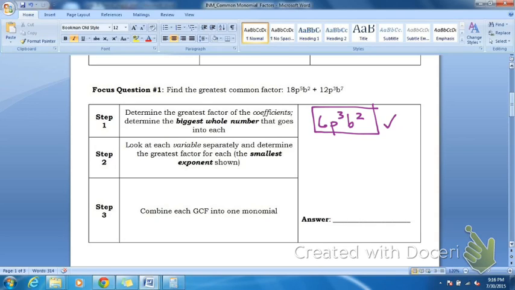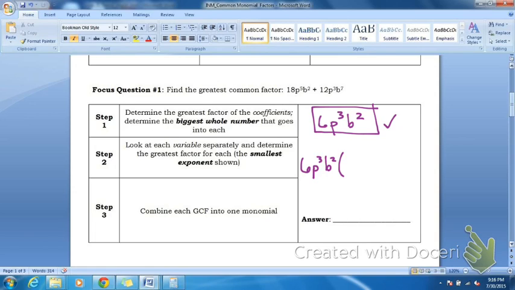Okay, now just to check, I'll show you, if we divided 6p to the third b squared from the binomial, this is how it would look. You'd have 6p to the third b to the second. Now, reverse distributing, which we're going to learn as factoring soon, when you divide that from this, we would ultimately